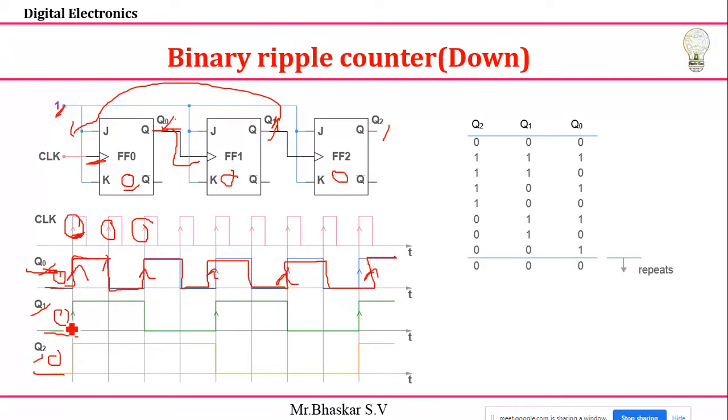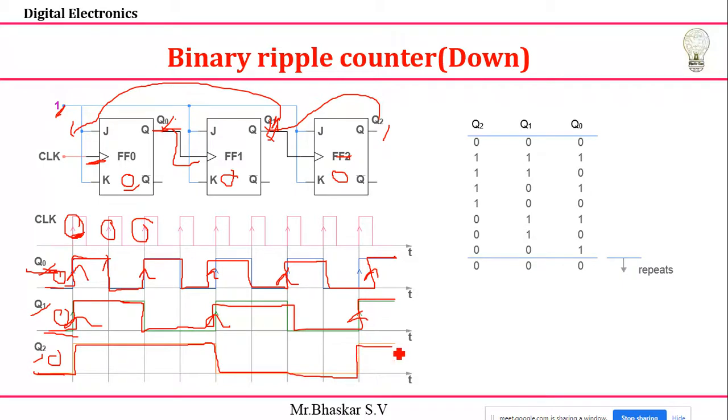How? Same thing. Initially you have a 0, because of the positive edge 0 becomes 1, suddenly it is 1. Next, looking for its positive edge, 1 becomes 0. Next it is 1, next I'm going to take 0, 1, 0. Similarly here also the same thing, Q2 depends upon the Q1 positive edge. This is a positive edge here, this is a positive edge here, this is a positive edge. Then I'm going to do the action: this is 1, next it is 0, next it is 1.